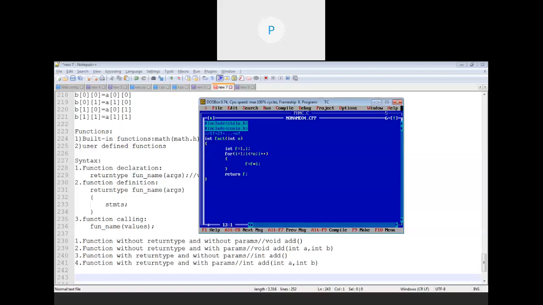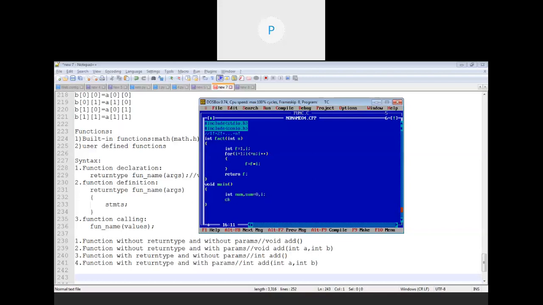Now how will this series be calculated? I've taken a main method. Within main, let's declare some variables, like int number, which I have to accept. Number is nothing but the value for this n, the end or limit of the series. Then the output will be saved within an integer variable, sum, equal to 0. Another variable we will require is the incrementer, which can be given as i.